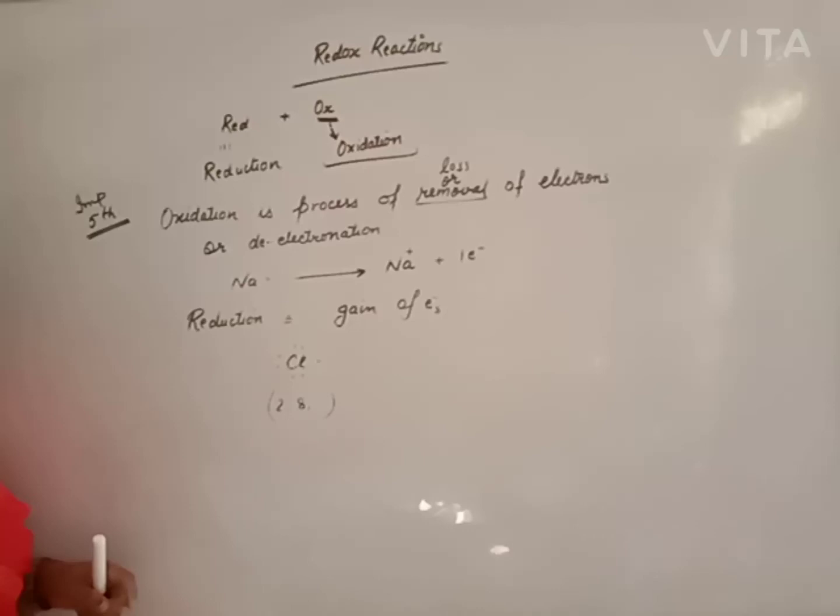Now, another definition of oxidation and reduction. These two definitions are addition of oxygen or removal of hydrogen; another one you will study in your lower class. But many of the reactions in our syllabus, or in chemistry, do not have hydrogen and oxygen. Is there no reduction or oxidation? Answer: there is oxidation and reduction, yet the reaction may or may not have hydrogen or oxygen. Then how will you identify what is oxidation and reduction?